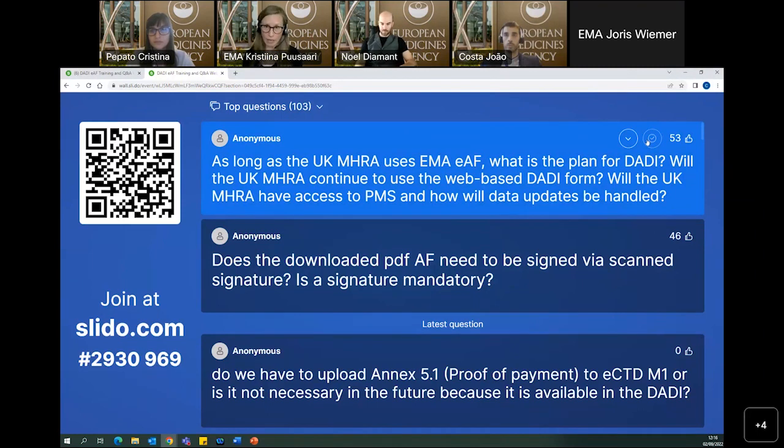This is an EU application form, so MHRA may continue using the PDF form, which will remain available through the website for some time, even after the transitional period has finished, because you may have started your variation application while the transitional period was still ongoing, and you may need to do an update of the form.